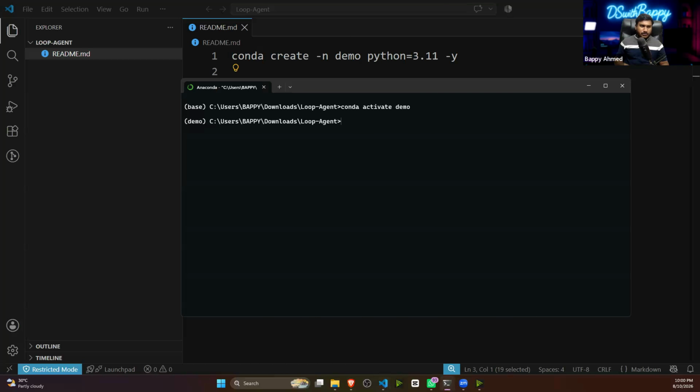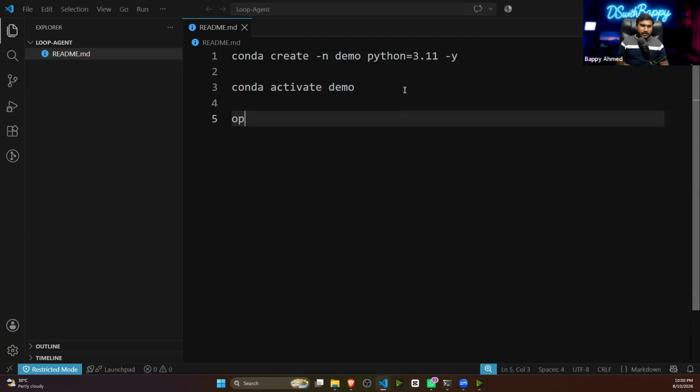So conda activate demo. See, this is our environment I already created. But if you don't have one, please try to create it. After creating it, you have to install the requirements. So let's write pip install -r